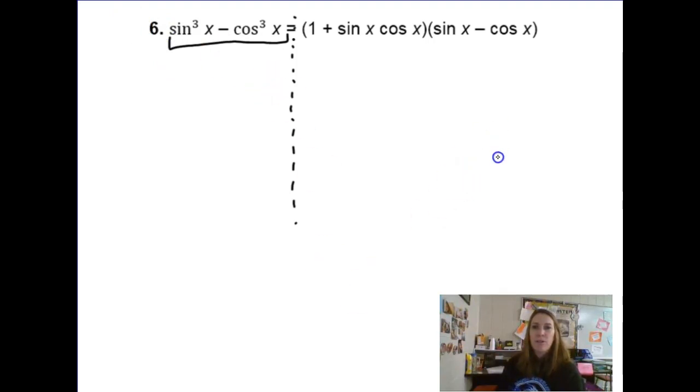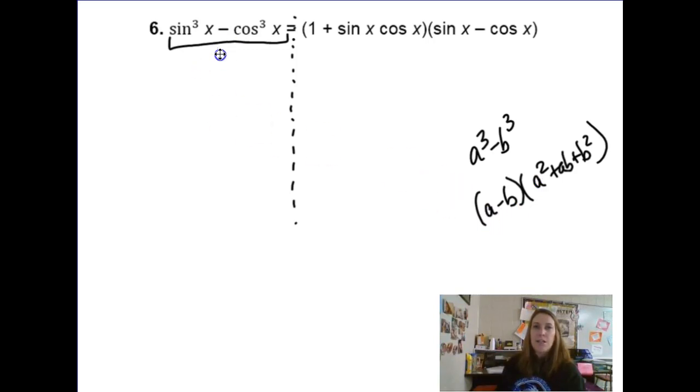So I'm going to use my space over here just to show you something. This is the pattern from algebra factoring, that when you have the cubic difference, it factors into a minus b times a squared plus ab plus b squared. I think that's the key to this problem. So a and b are sine x and cosine x. So filling out that pattern, it would be sine minus cosine